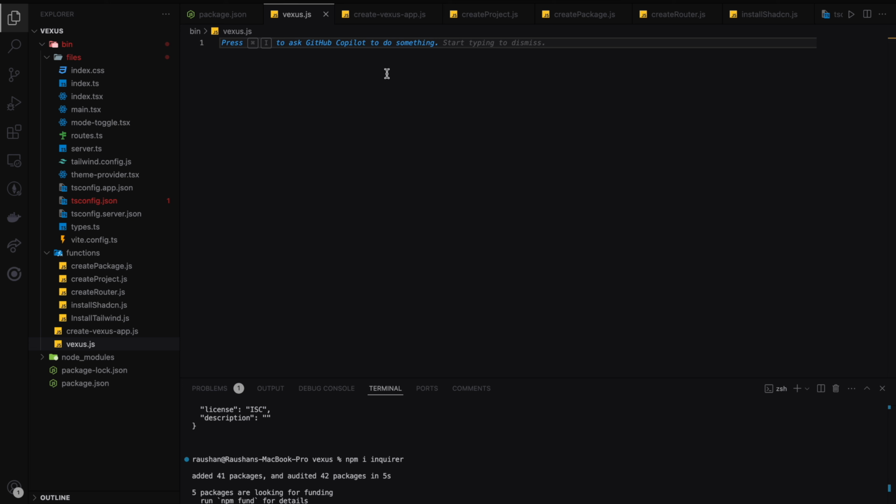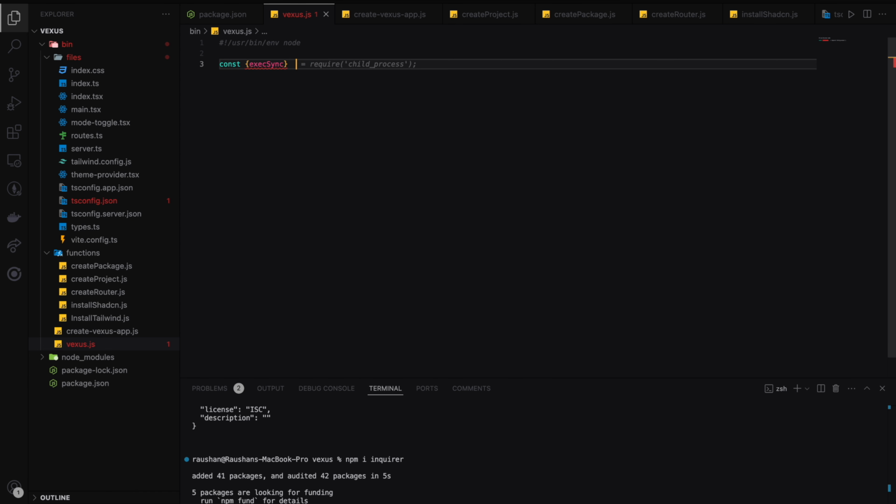So for the script file, #!/usr/bin/env node, this thing. Okay, and after that we need to import the execSync from